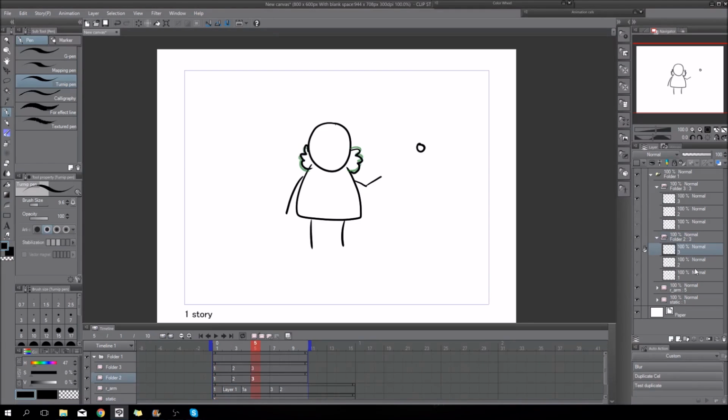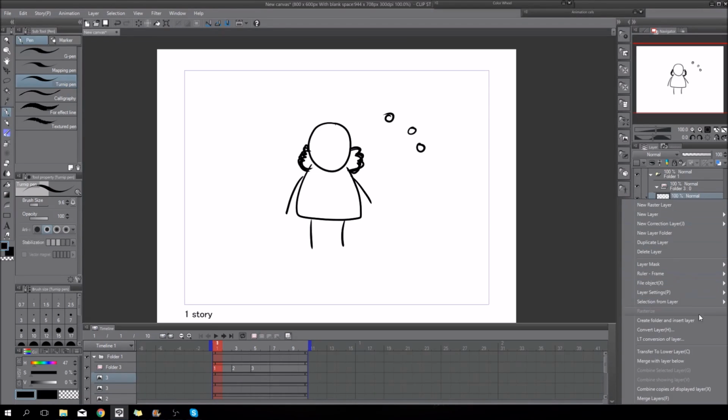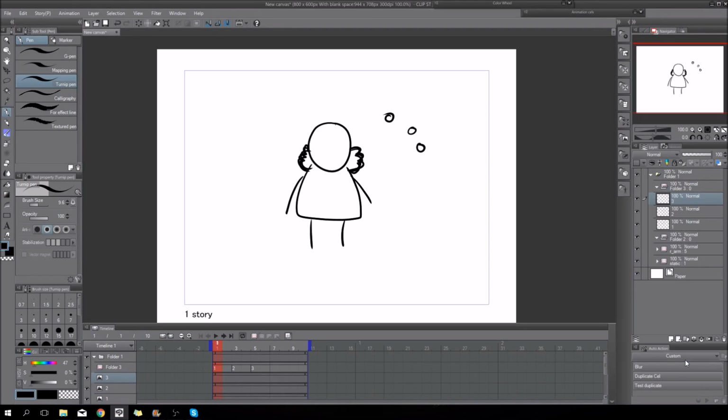Now I can go ahead, drag these layers out of the folder, also these layers out, and this is just a workaround I discovered because you can't merge your animation. You have to do it as I show you now. So you drag the 1 down, drag the 2 down, and the 3 can be there. What I did, merge with layer below, so you have them here.